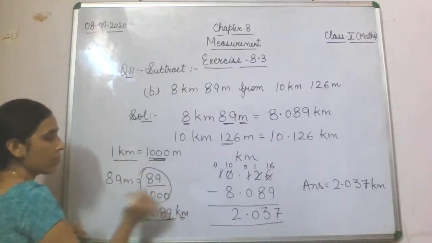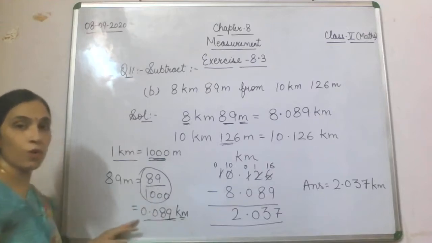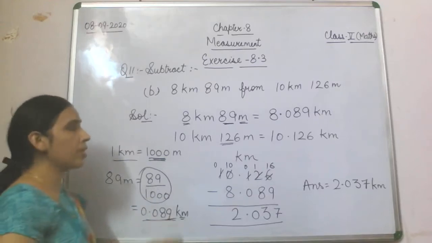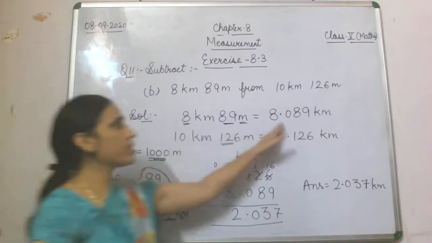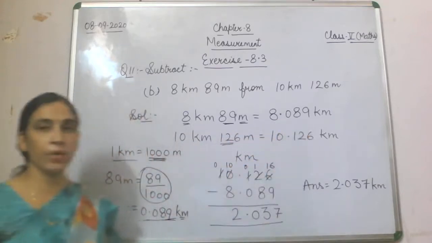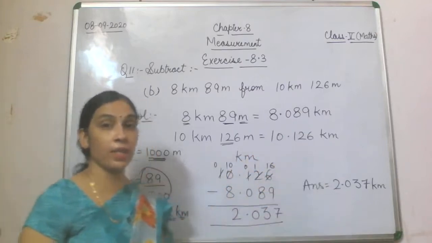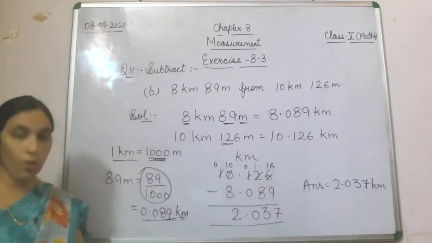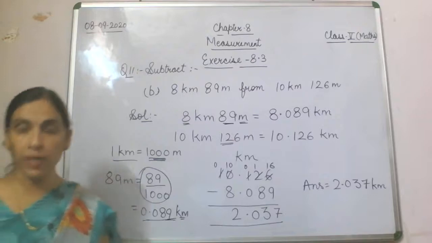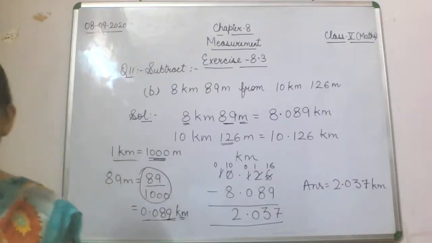So this 89 will be divided by 1000. So what will we be getting? 0.089 kilometer. So this is the answer, 0.089 kilometer, and here we have 10.126 kilometer. So what we will do? Out of 10.126, you will subtract